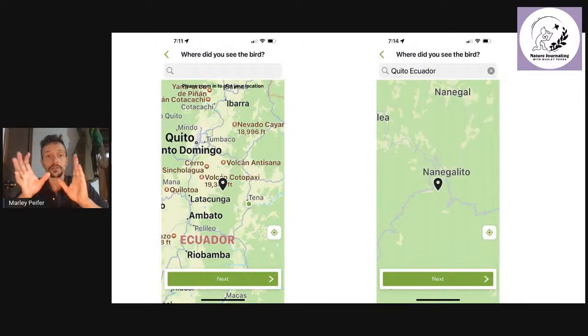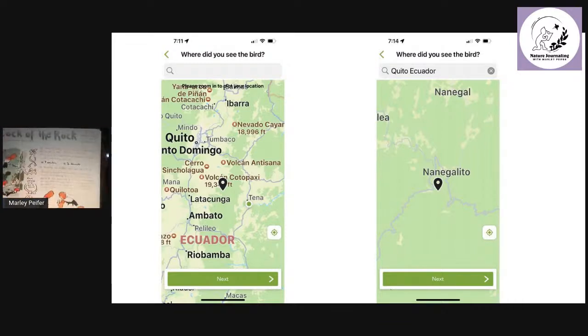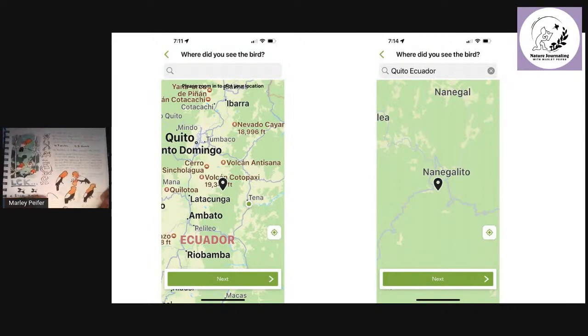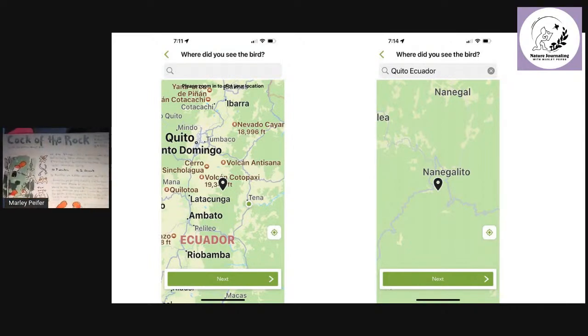But if I want to go back and add birds that I saw earlier, and I'm not in that place anymore, then I have to know pretty well on the map where I saw that bird. So right now, I'm going to go through and add this bird right here. Don't do a Google image search for this bird, by the way, to add watercolor details to your nature journal page afterwards,